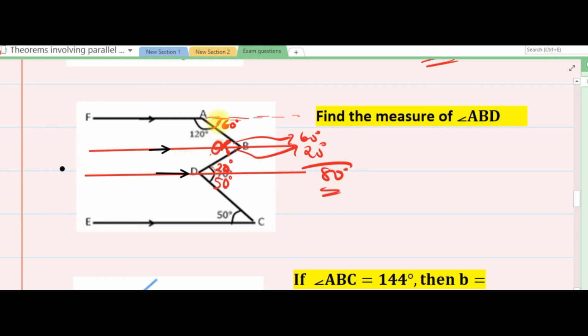By alternate interior angle. So here 60, here 60, here 20, here 20. So my answer is 60 plus 20. The answer is 80. So our angle ABD is 80. So that's it. So the next question we are given,